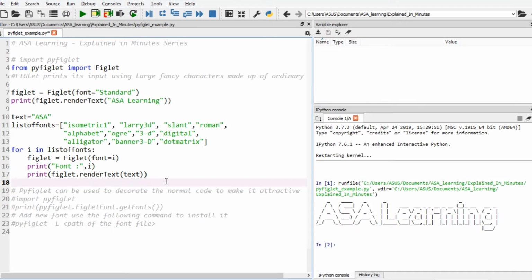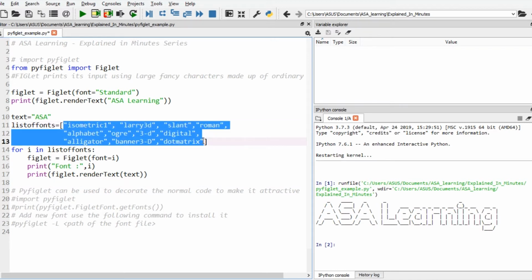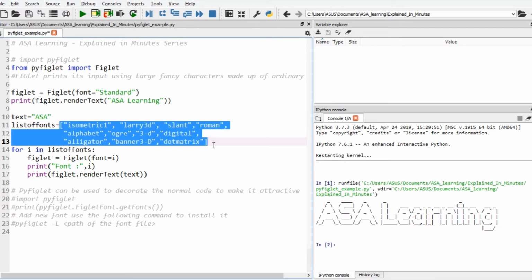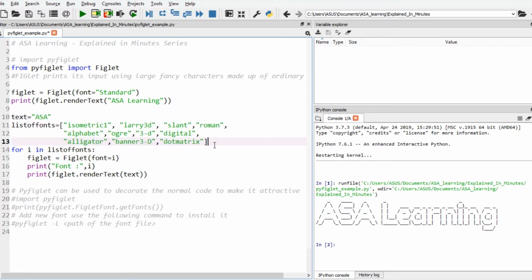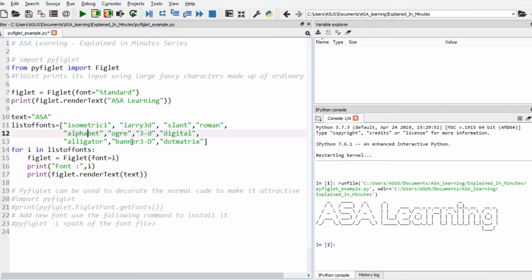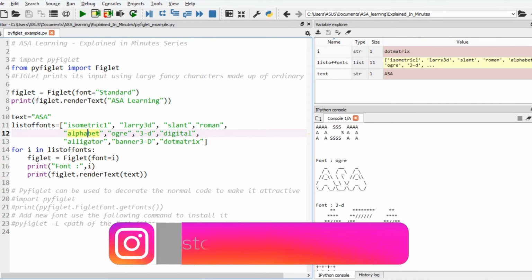And now I'm going to walk you through different font styles that are available in PyFiglet. For this, I have chosen 11 different font styles and let's see how it is. The text that I have used is ASA and I have created a list of 11 fonts which are my favorite ones in this PyFiglet module. And I have used a for loop to print the text in each font style. So we have used the same lines here as well, but instead of hard coding the font, I have created a list and I'm iterating through each and every font style. Let's see how it is. I will run this. Beautiful.